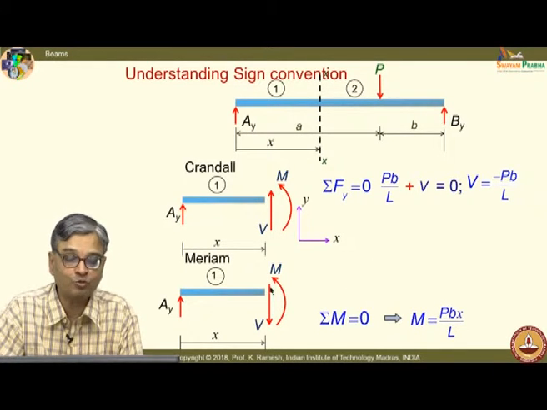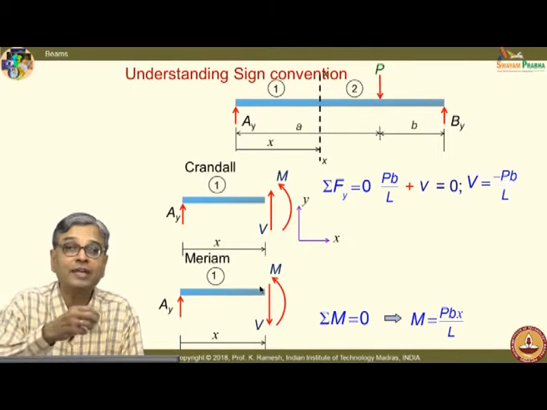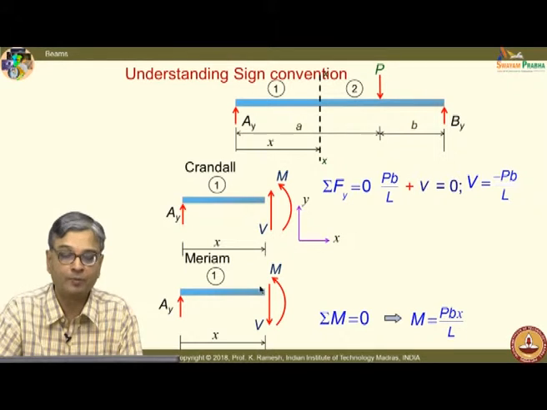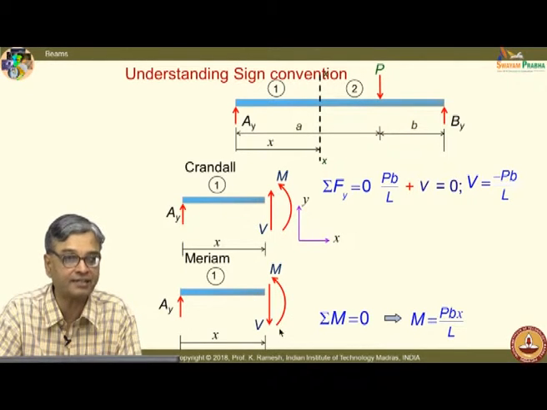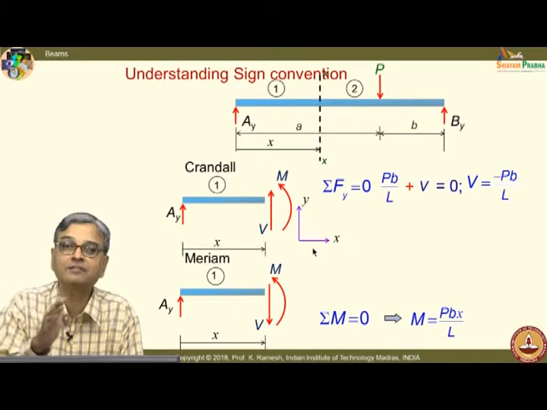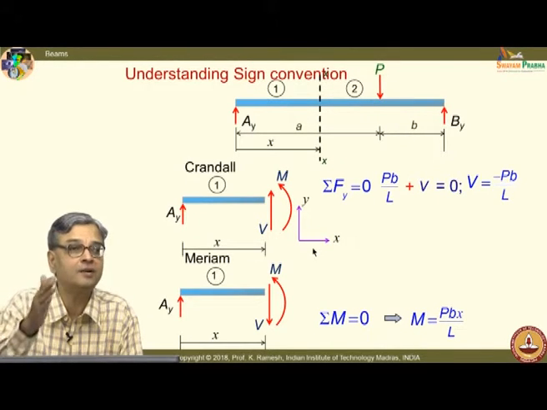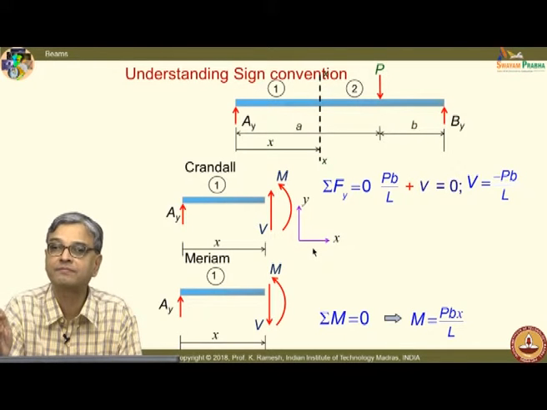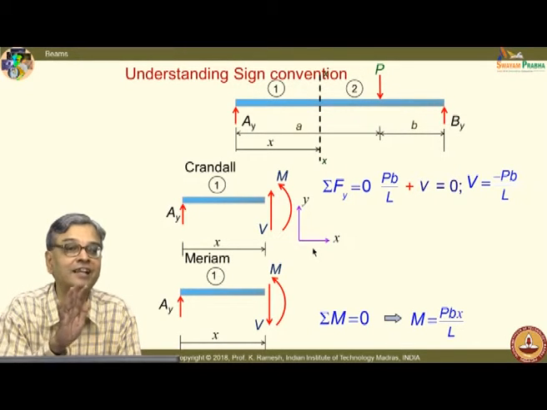Whatever you write here, it is for you to extrapolate for your final sign convention. The moment you have indicated forces like this, when I want to solve this free body, my reference point is the coordinate axis. Whichever is in the positive direction of the coordinate axis, put it as positive, whichever is in the negative direction, put it as negative.